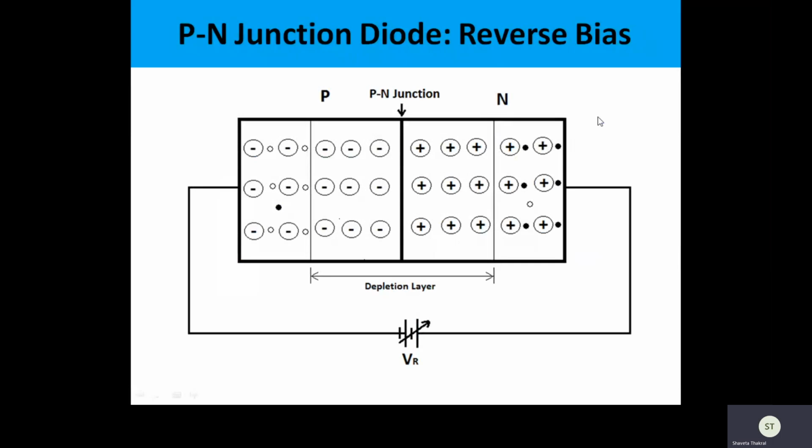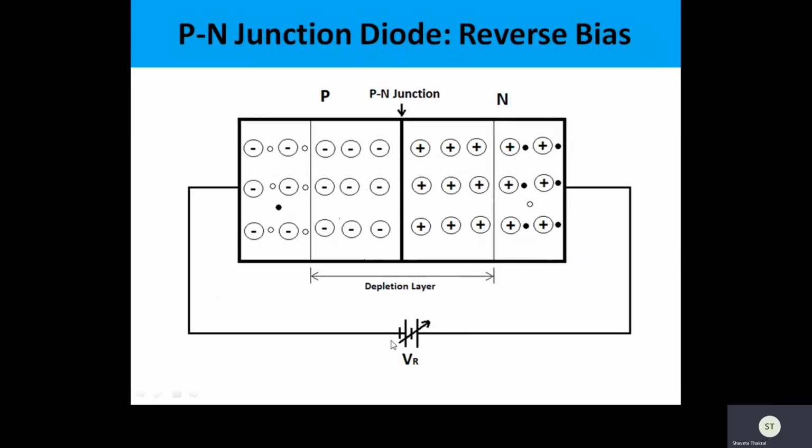And if we talk about reverse biasing, in reverse biasing we have to reverse the potential. Like in forward bias, the P type is connected to the positive potential of the battery and the N type is connected to the negative potential of the battery. In the case of reverse biasing, the P is connected to the negative potential of the battery, and the N is connected to the positive potential of the battery. So in this case, we have applied the external field in the same direction as the potential barrier that was created at the junction in the case of no bias.